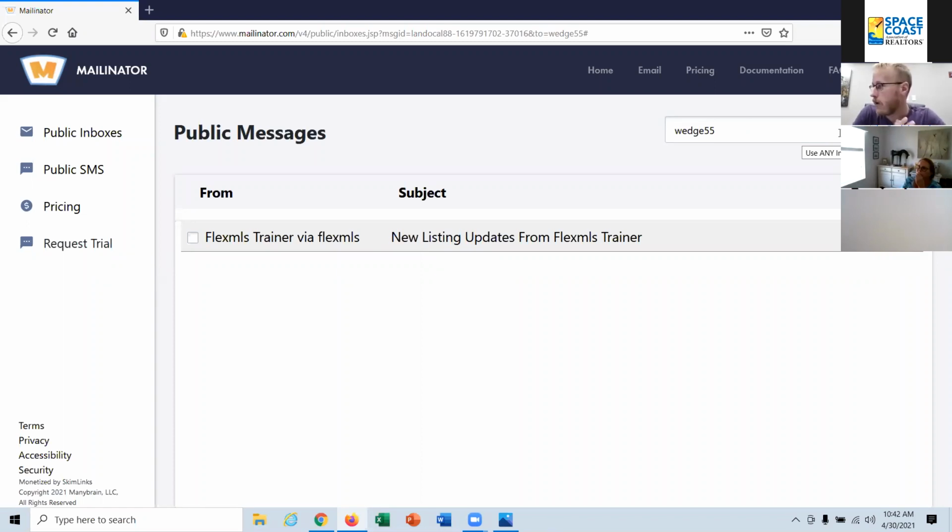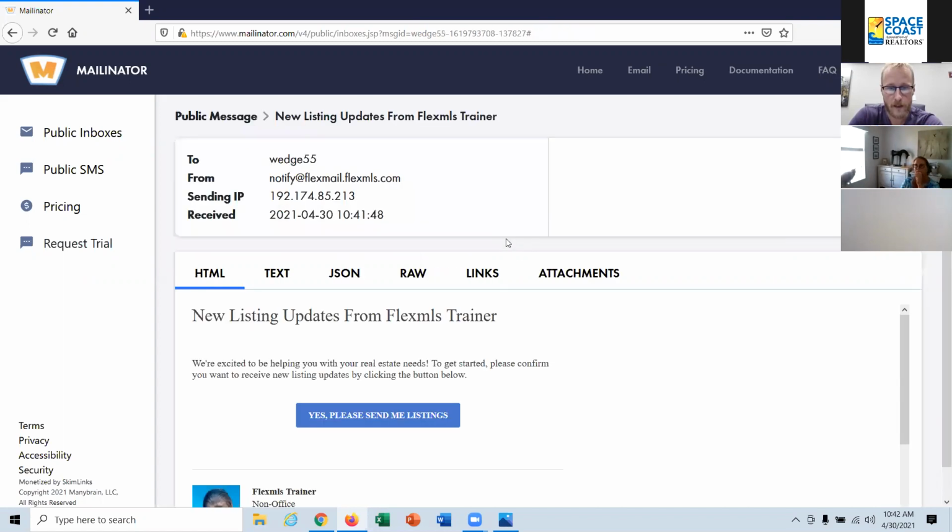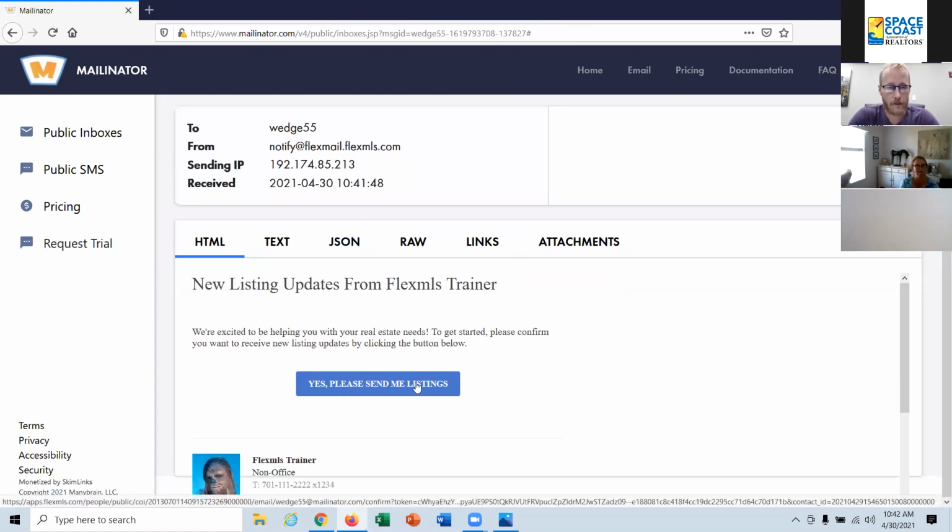Okay. So I will talk about the opt-in status in just a second again. This is what the subscription email looks like. You'll notice it says new listing updates from, and this would be your name. It's different from the manual email. When I click on this, this is the blue button that I'm talking about. It says, we're excited to help you with your real estate needs. To get started, please confirm you want to receive new listing updates by clicking the button below. Yes, please send me listings. So if they click on this,